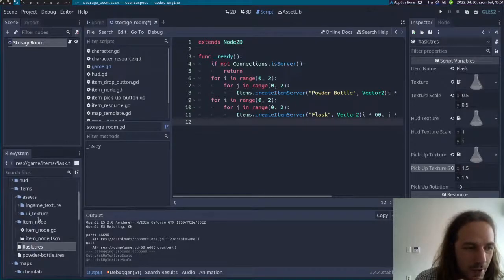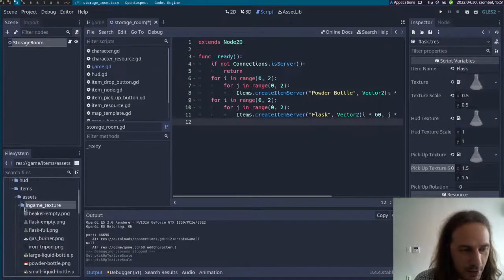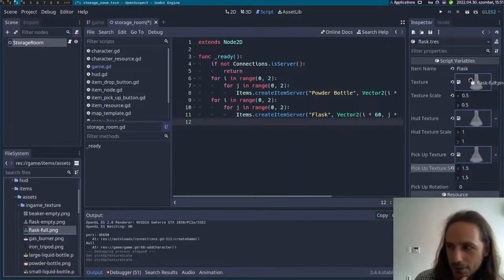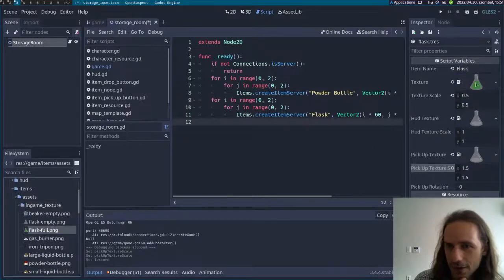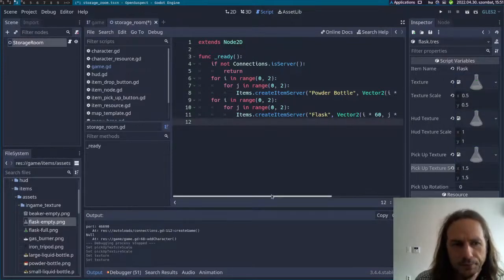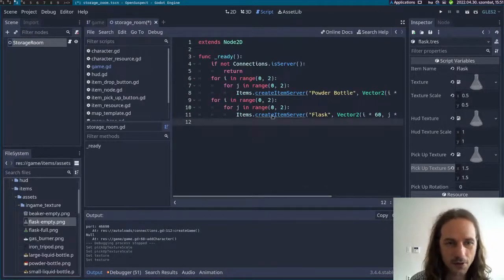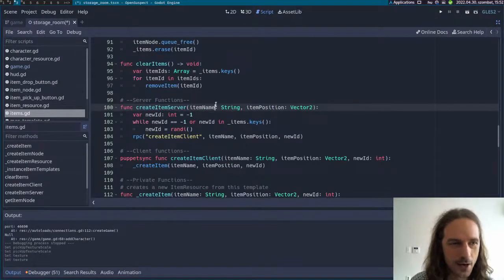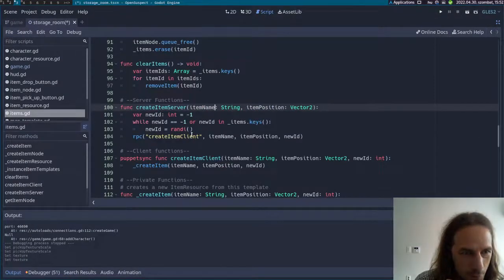Because I already have the texture, so if you take a look, I can just show you, like, put this full, and we have a texture which has a full flask here. I guess that's it. If we go to the create items, here the items are of course always created on